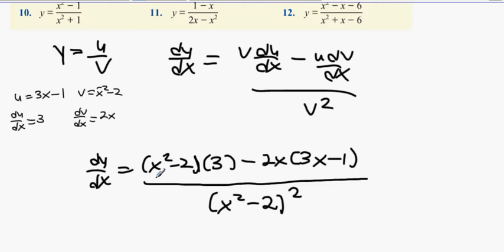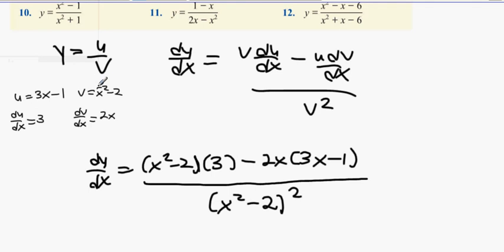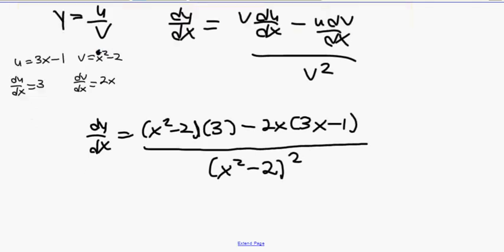I'll say that this is x squared minus 2, squared. Yeah, but it says x minus 2. No, it's x squared minus 2 squared. Sorry guys, that's not x to the minus 2, it's actually x squared. Thank you. Okay, so what happens next is you multiply out, you get dy/dx equals 3x squared